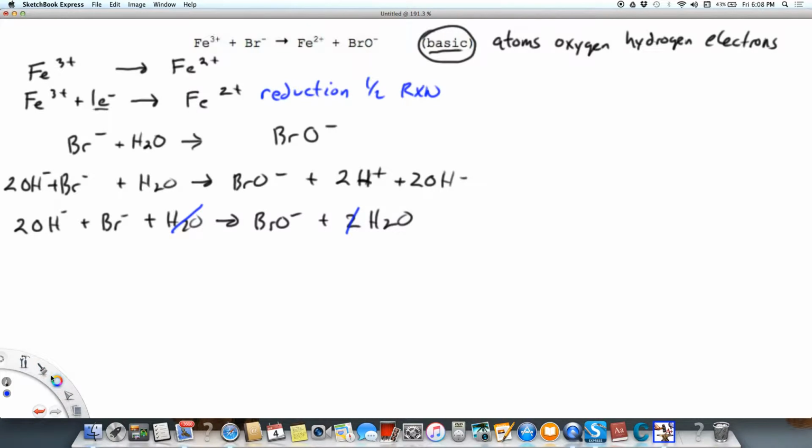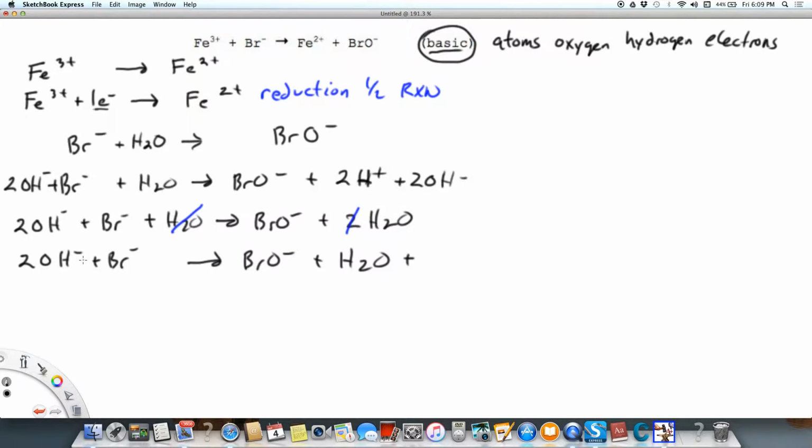So the next step then is to balance out this equation with respect to charge. On the left side I have 3 minuses, and on the right I have only 1 minus. So I need to add 2 electrons to the right side in order to balance out the charge. So I'm going to just go ahead and copy everything down. I don't have water here anymore on the left. I only have 1 water molecule on the right, and I'm going to add,